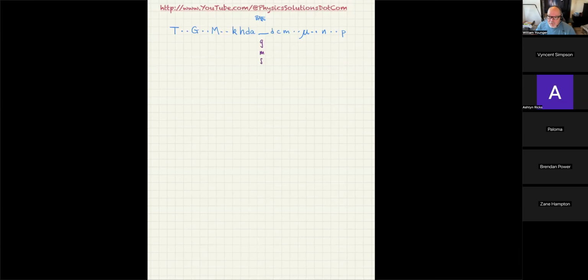Like the coulomb for charge is either brand new or the ampere is brand new. You can define the ampere as a coulomb per second, or you can define the coulomb as the amp second, depending on which one you want to call the fundamental unit. So there's going to be other base units that we put in here, but right now all we know is the base unit for mass, which is the gram, the base unit for length, which is the meter, and the base unit for time, which is the second.